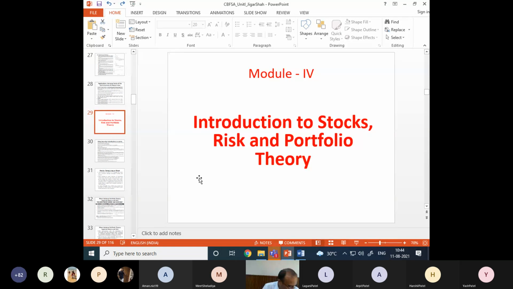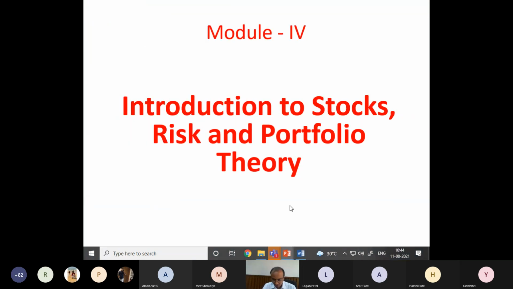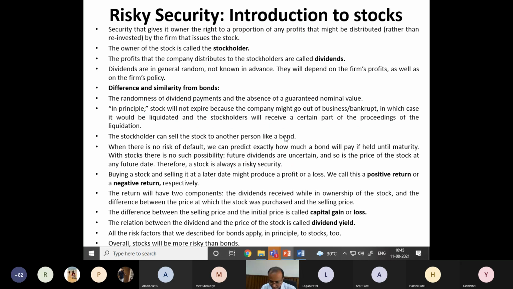Okay. Now I move to the next topic that I actually wanted to cover yesterday, but did not. Now we go to the introduction to the stock, then risk and portfolio theory. Because in a portfolio we have a risky security as well as a risk-free security, meaning stocks as well as bonds. It should be a flavor of something. So we are right now only seeing stock from the modeling point of view. Then in the next unit, we will see prediction and forecasting using time series and other models. I hope you understand my objective. So we are now having a very broad picture. So what is stock? Let me explain today.